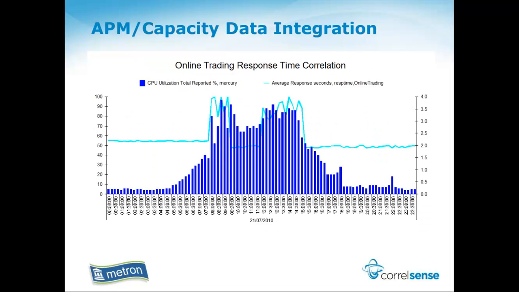When I mentioned correlation earlier, this is an example of correlation between the amount of CPU usage for a particular server and the average response time for work that travels through this server. You can see that as CPU increases above 50, 60%, the average response time for this particular type of application goes up dramatically. It goes from 2 seconds when we're below 50% up to anywhere near 4 seconds when we get up to 80, 90%. And as we get closer to 100%, that's only going to get worse.